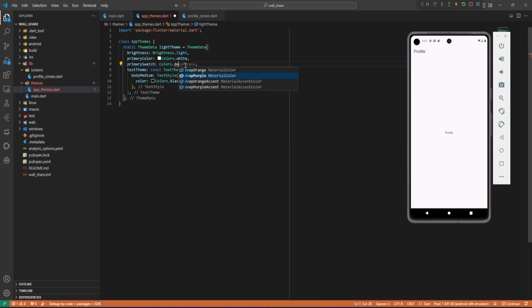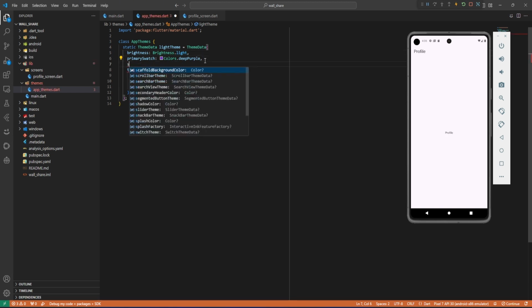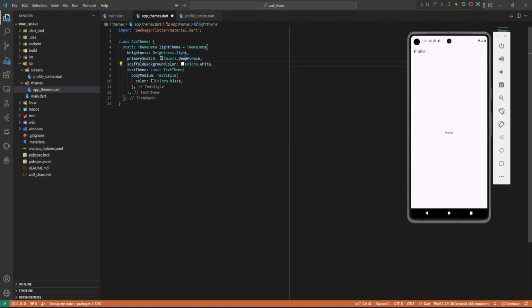Deep purple, and then the primary color, we can remove this. Unless you want to describe everything in detail. For now we just want what matters, what will make the difference between the light and the dark theme. So next thing, maybe what we need is the scaffold background color. Let's have a scaffold background color, which is going to be white for the light theme, and then the text theme, let's say maybe, so for the body medium, we can have something like black